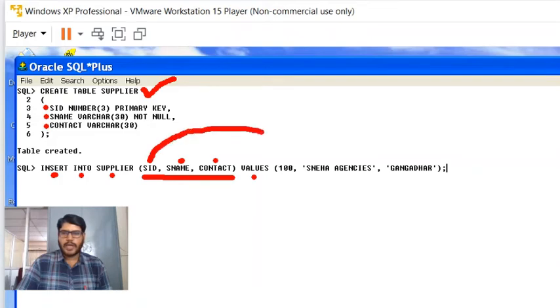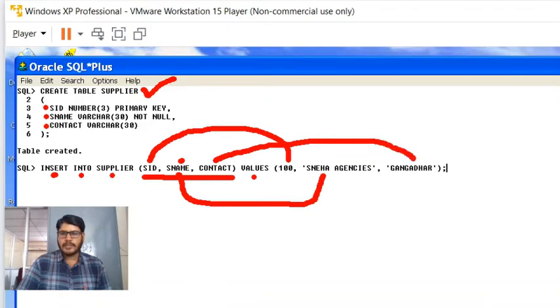So in the values section, I'm going to pass SID first here. And again, I'm going to mention supplier name next. So here I'm going to pass the supplier name. And at last, I'm going to mention contact. So here I'm going to pass the contact value. In the same order, we can specify the values.